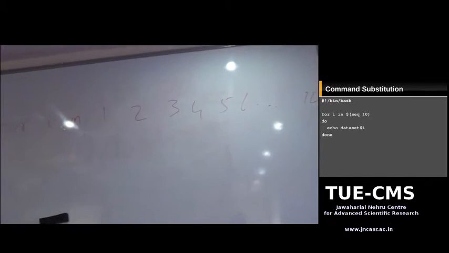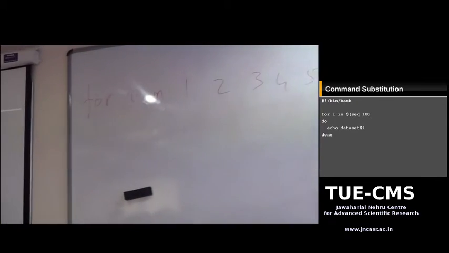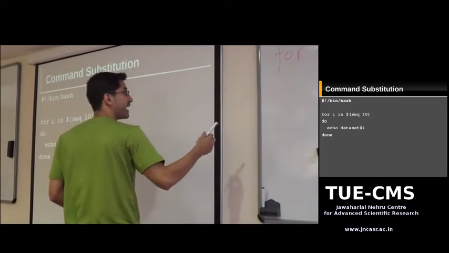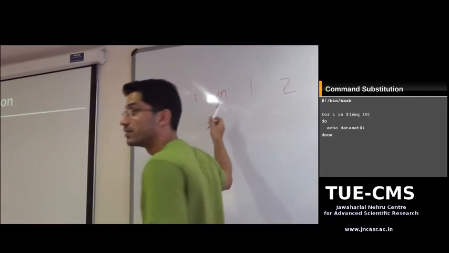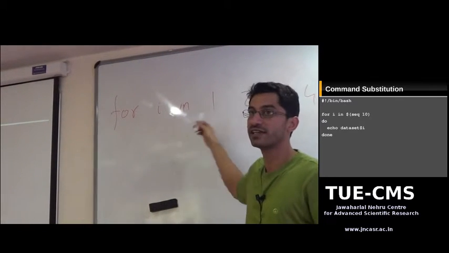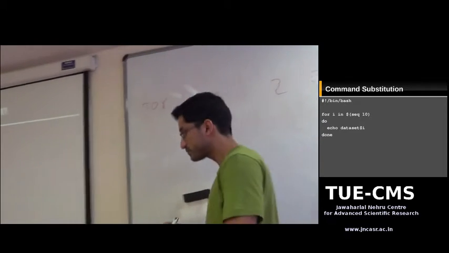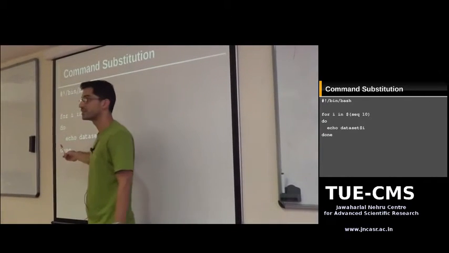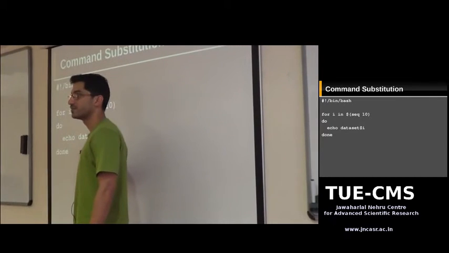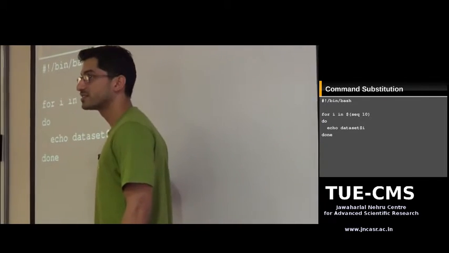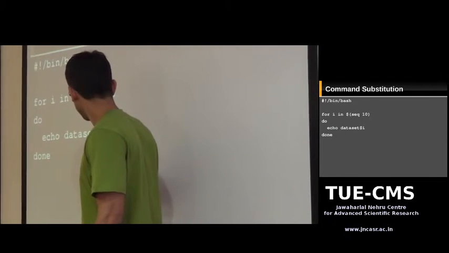So now you saw the for loop earlier. What it means is the for loop is going to loop over each of these numbers, and i is going to be assigned to each of these in sequence. So in the first loop i will get 1, in the second loop i will get 2, up to 10. Now inside the loop we have an echo. You know what that does? Echo prints whatever follows on the standard output. This is just a literal word data set, and here we have a variable $i.